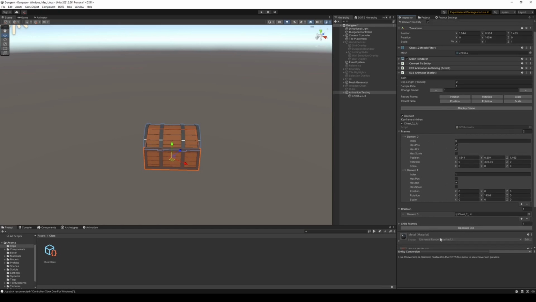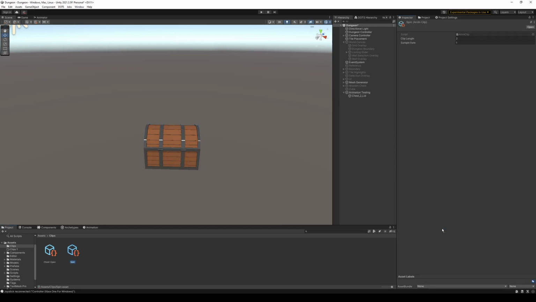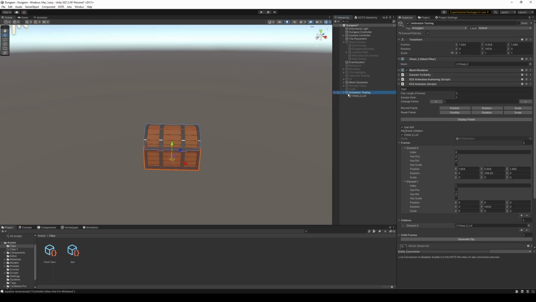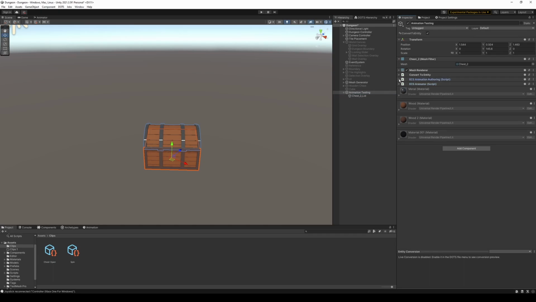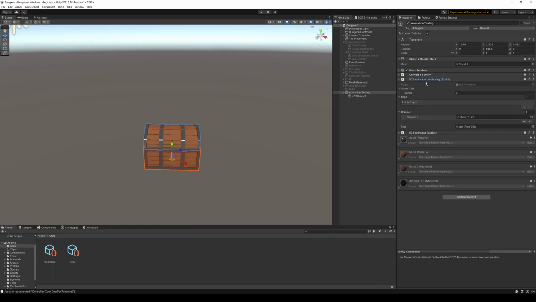But now all I do, I hit generate clip, and it's made this new scriptable object, which at the moment is only containing the length and sample rate. It will obviously include all the frame data, but I haven't decided the best structure for the data, so I've left that for now. Then what I'll do is you'll go back to this, and then add this ECS